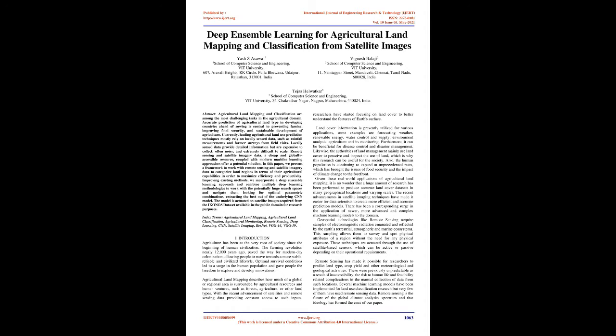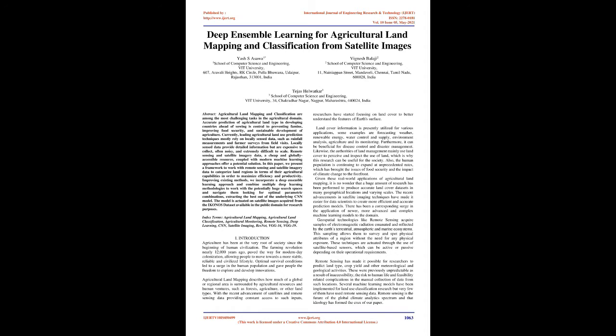and sustainable development of agriculture. Currently, leading agricultural land use prediction techniques mostly rely on locally sensed data, such as rainfall measurements and farmer surveys from field visits. Locally sensed data provide detailed information but are expensive to collect, often noisy, and extremely difficult to